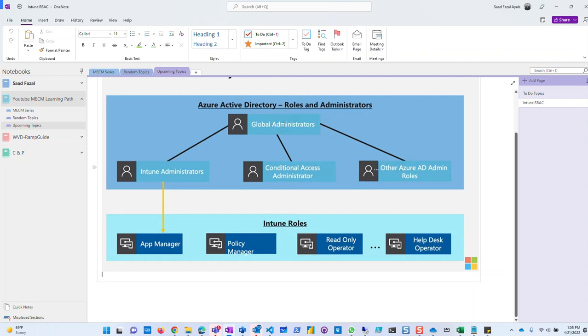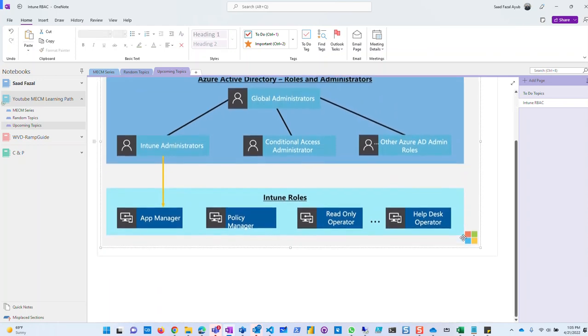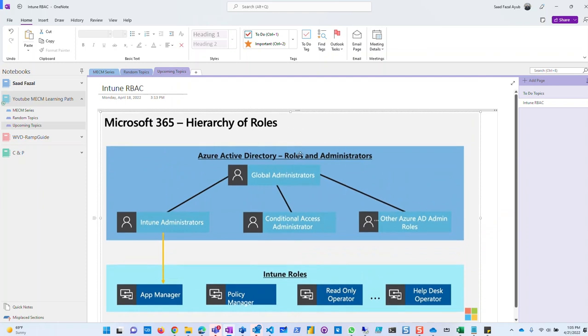For example, Azure Active Directory has a role called Global Administrators, Intune Administrator, Conditional Access Administrators, right? So these are the security administrators. So these are the roles offered by Microsoft, these are the roles offered by Azure Active Directory. The reason I put this thing to your attention is because somehow the Intune management is dependent on the Azure Active Directory role. How? If the person is